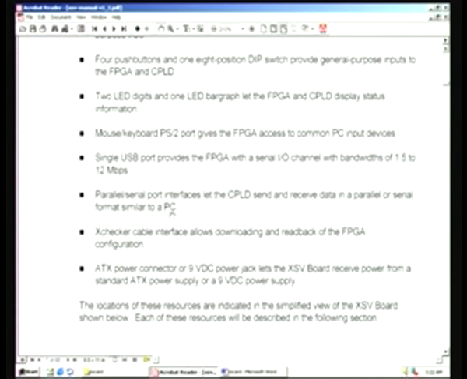LPT printer interface, which is a parallel port which you are already familiar with, and it also has another way of communicating the bit stream in addition to this parallel or serial fashion, and that is by a special cable called the Xilinx cable. Of course, we will not be using this here, and this also helps in downloading your bit stream, and you can also read back what you have already configured on the FPGA,